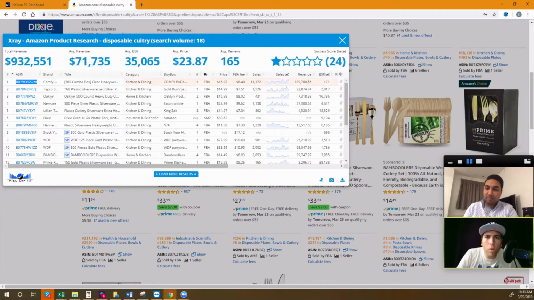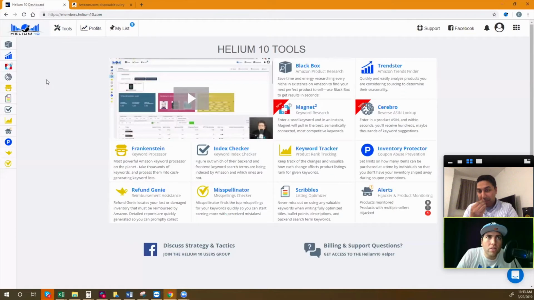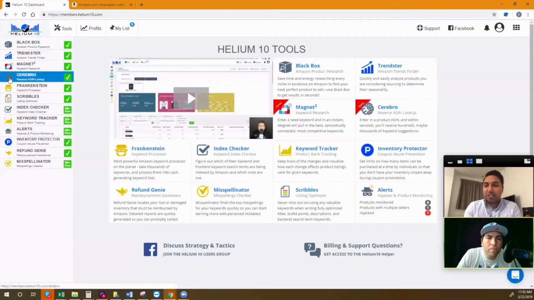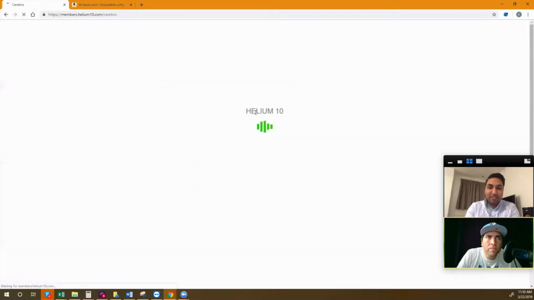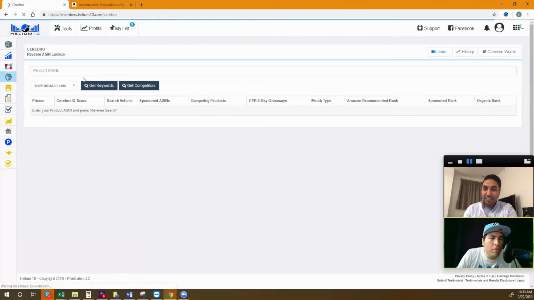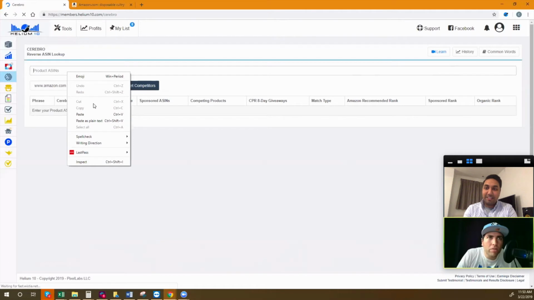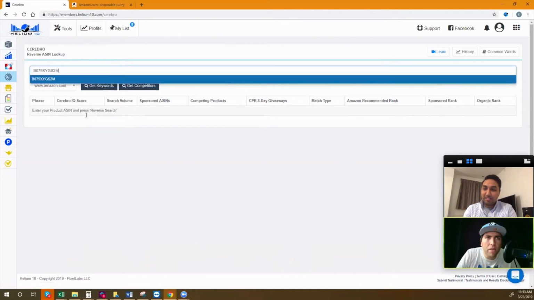Wouldn't you want to know what search terms could be driving a big portion of those sales, just to get a better idea of this niche? So for me at least, I want to know what keywords could be driving these sales. So let's go here to Cerebro. A piece of that action, huh? A piece of that, right? 200,000. Because it's not all coming from one keyword. Of course, I don't think there's any one. So what are some of the keywords?